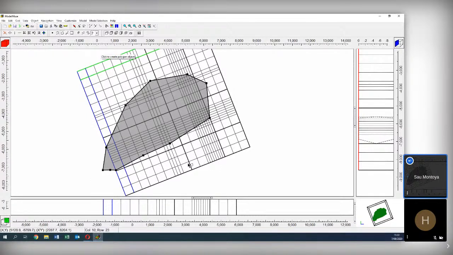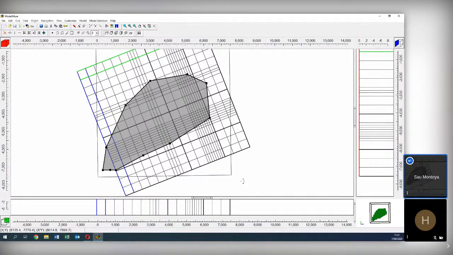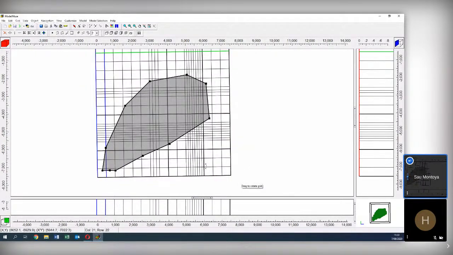So there is no reason why you have your grid in this direction, because this part and this part will be inactive, so you will have a lot of cells that you have already defined, but they won't be where you are making any calculations.